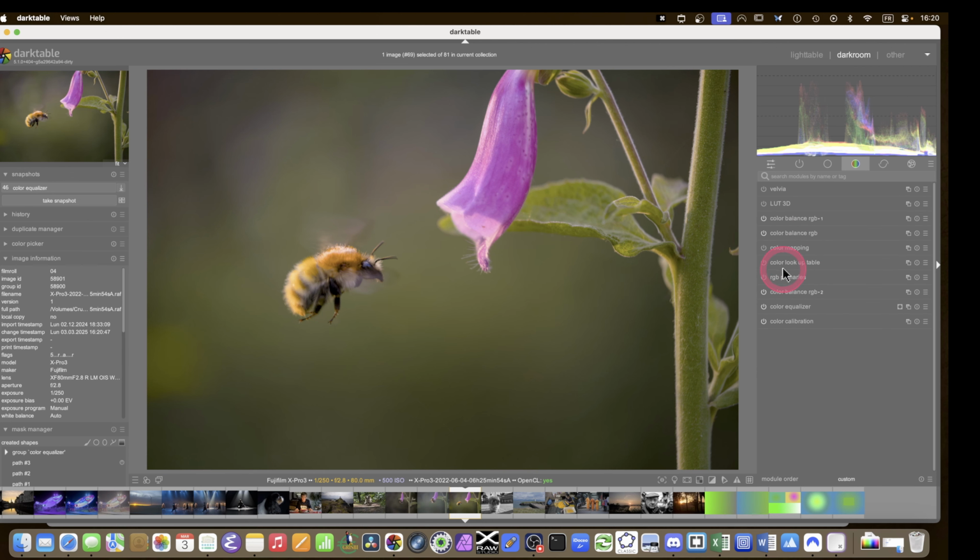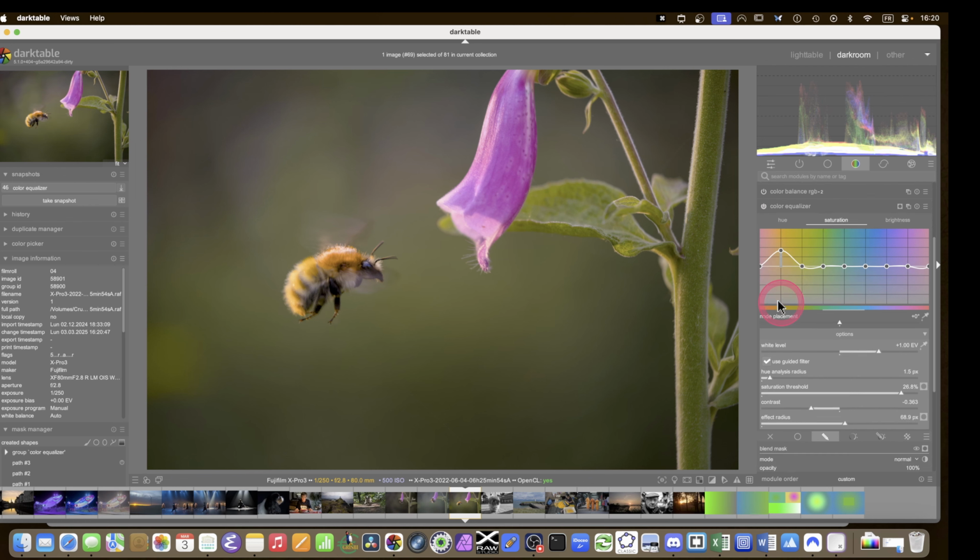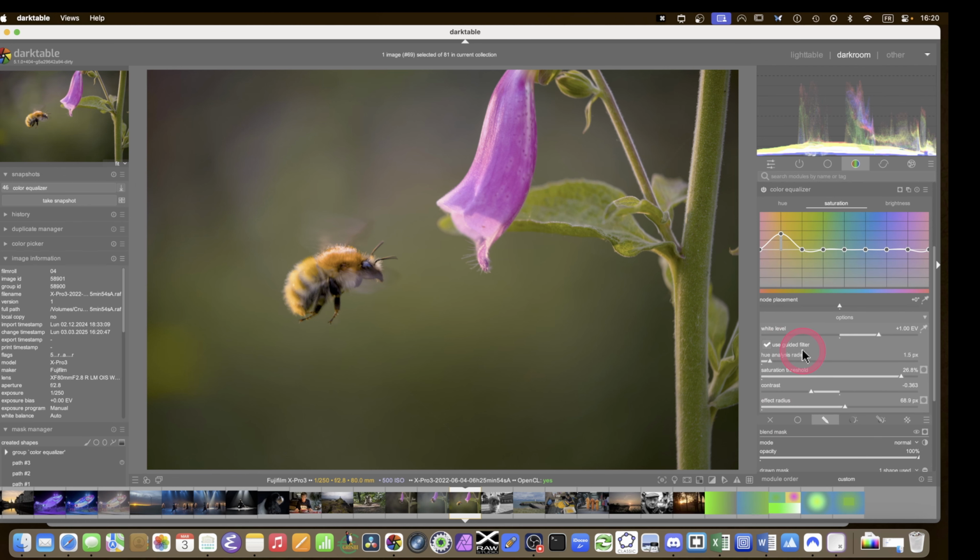So don't hesitate to use all the masking we have, the filter, the guided filter, and the drawn and parametric mask. So here you see I'm just affecting the bee. It's getting a bit brighter. There we are. So now I think it's up to you to try and find some images where you can practice